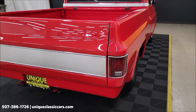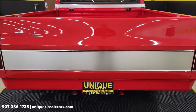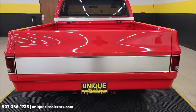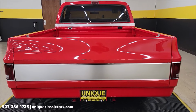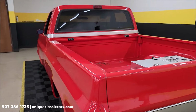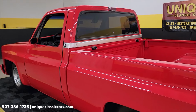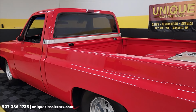We get a look at the rear of the truck. There's the dual exhaust exiting the rear. Again, headers, dual exhaust all the way through. If you noticed walking down the passenger side, door handles have been shaved. It does have a popper. I'm going to show you how that works when we go to start it up and get in that driver's door. But first, once again, those still pictures,